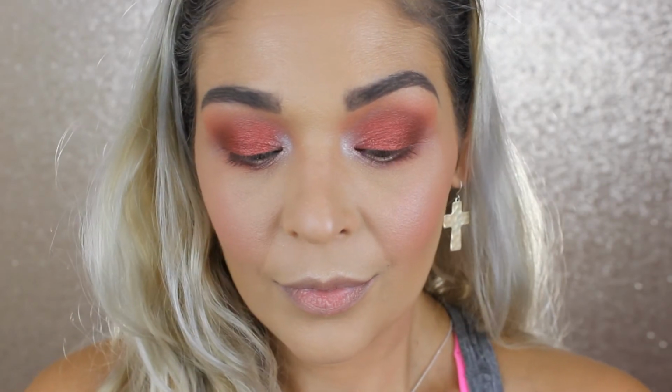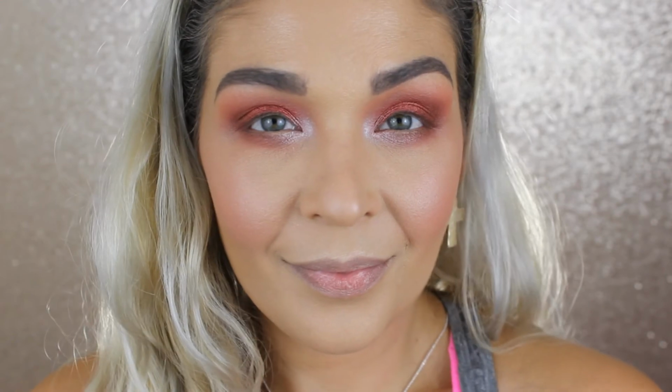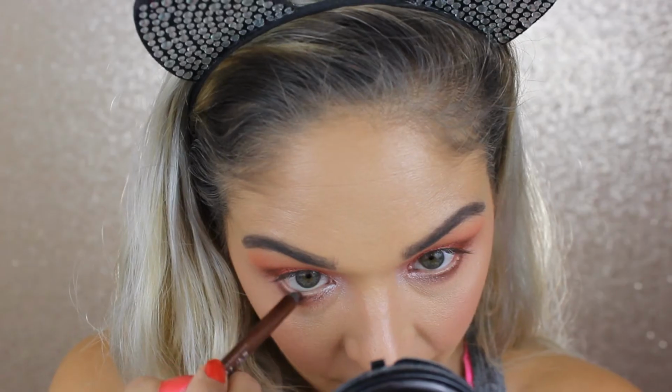Alright, and that is going to do it for the eyeshadows and my eye look. It's very simple, but I just want to use a few more shades to show them in action for you guys. I think it's a really pretty kind of corally, smoky look. And to finish it off, I'm just going to go ahead and line my waterline with the Urban Decay eye